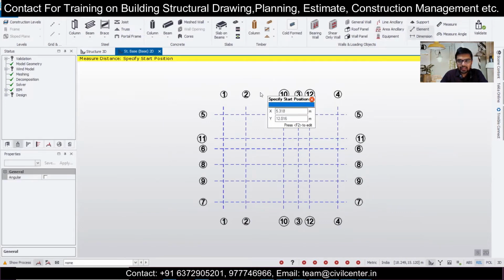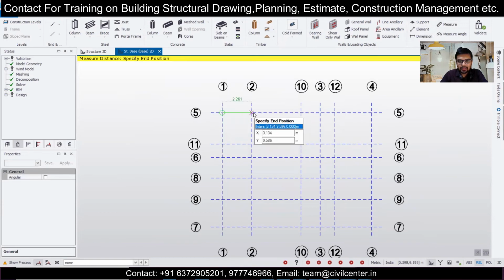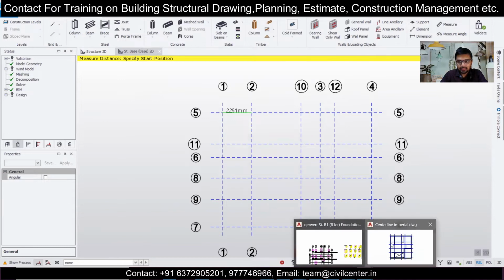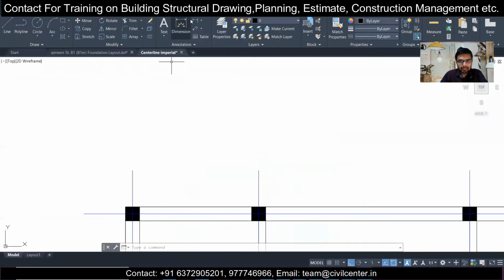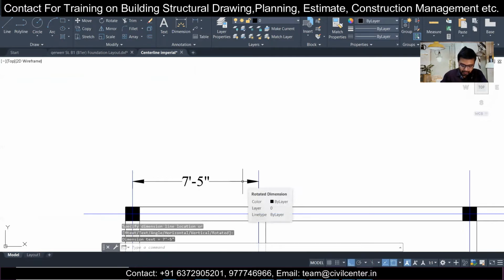What happens is that this will actually be in meters. If you convert 2.261, what you have obtained here, into feet and inches, let's do it: 5 by 12 will give me in feet, so 5 by 12 is 0.416.